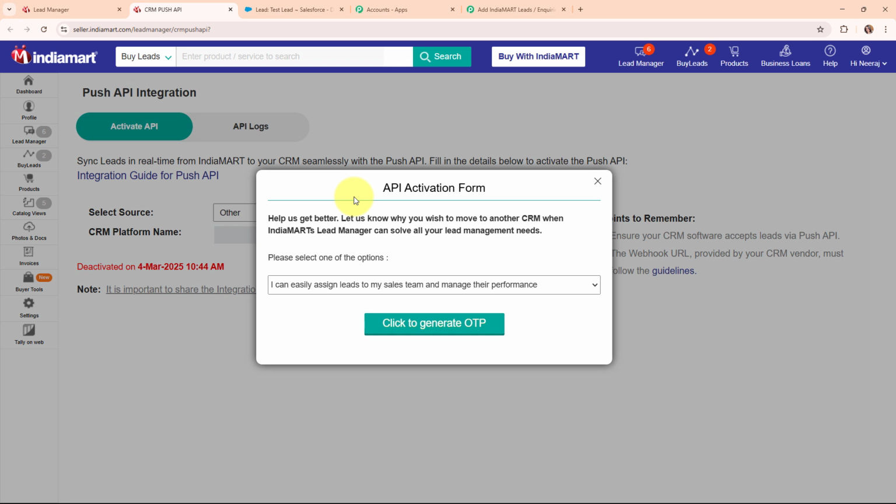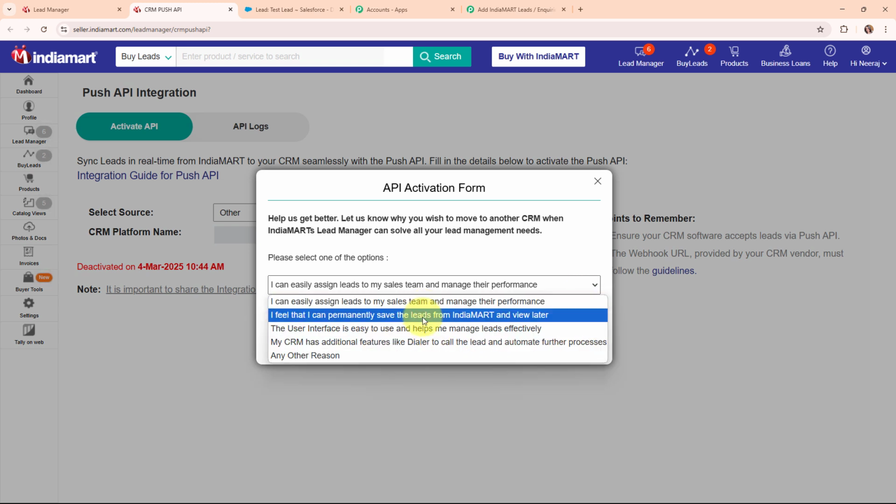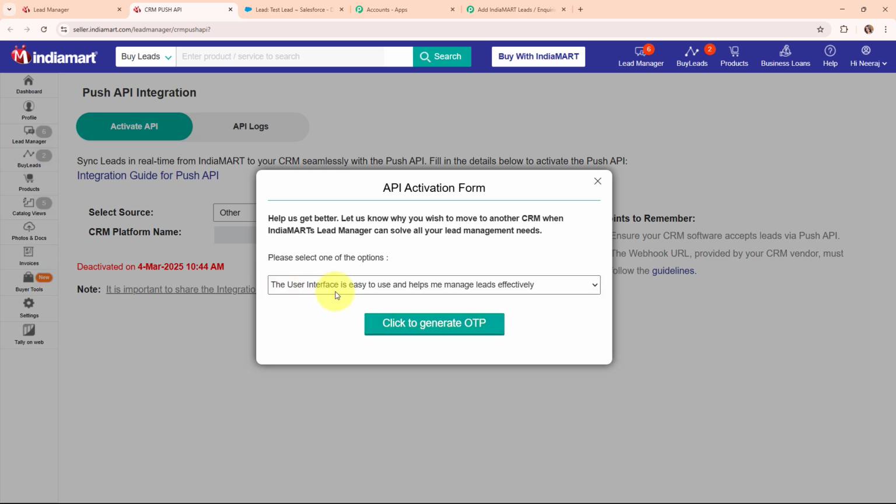And then here it is asking me for the API activation. So here for the API activation, it is asking me to select the reason why I want to transfer my IndiaMART leads to any other CRM. So by clicking on this drop down menu, you can see some random reasons available. So here I'm going to select a random reason that says the user interface is easy to use and helps me manage leads effectively. So this is a random reason,